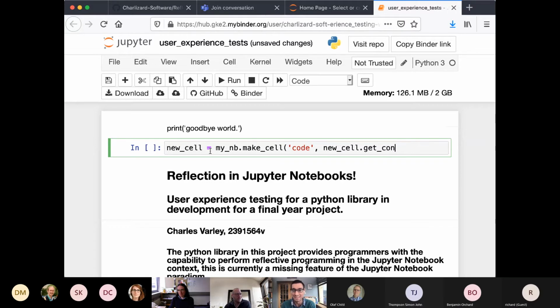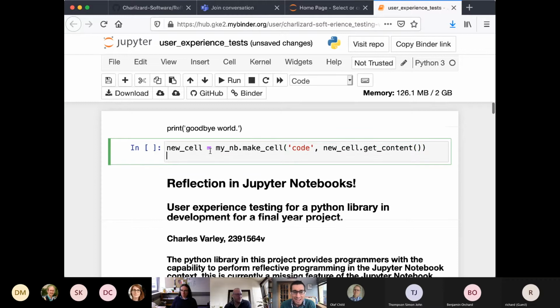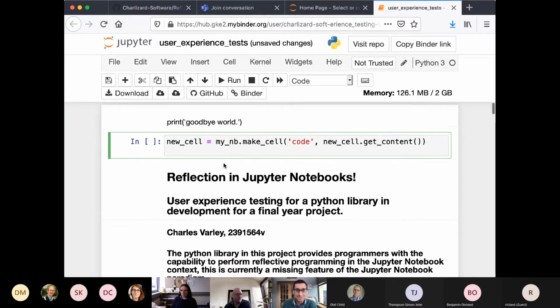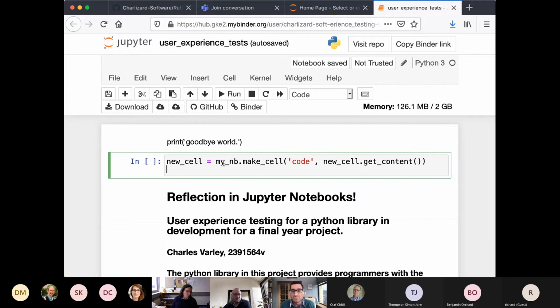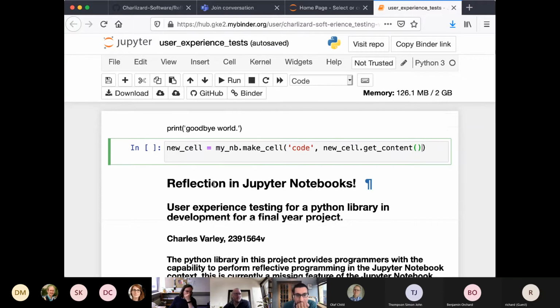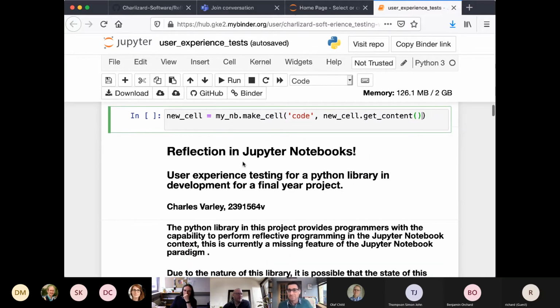I need to check my own API here. Right, and then I need to add it to the notebook and execute it. But do I do that in the same step? I'm going to have to think about this one and get back to you.